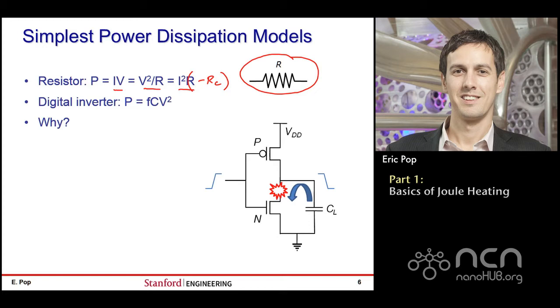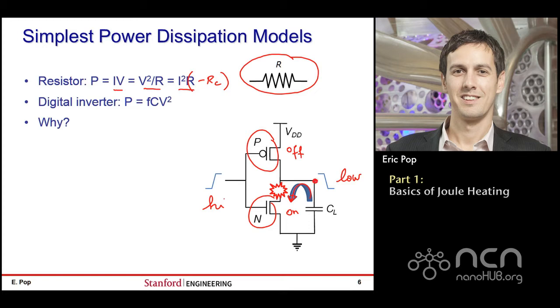Let's also briefly review the operation of a digital inverter. A digital inverter, as is drawn over here, consists of an N-type device and a P-type device. And by device here, of course, I mean a field effect transistor. As the input voltage goes high, the output voltage will, of course, go low. Because when the input voltage goes high, the N-type transistor will turn on and the P-type transistor will turn off. Therefore, the current will flow as the arrow shows over here, thereby bringing this node down to ground.